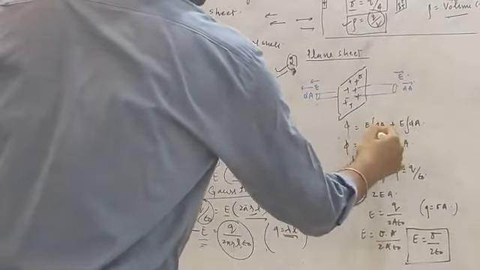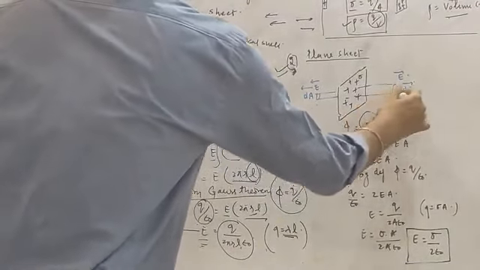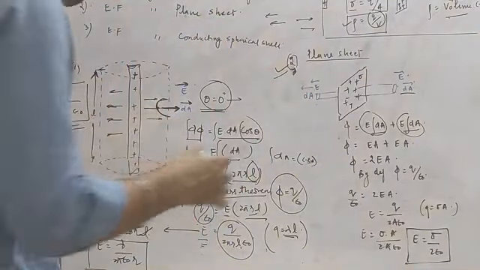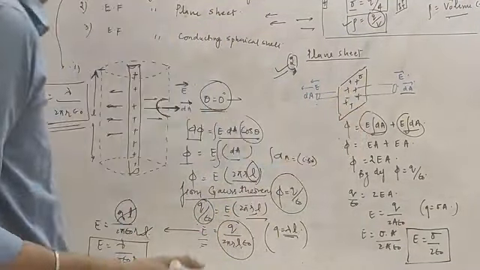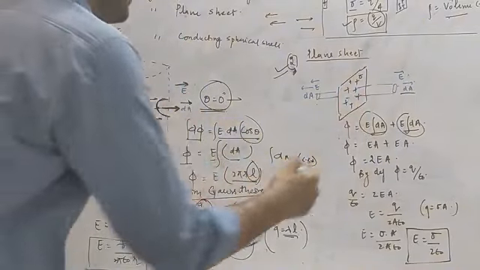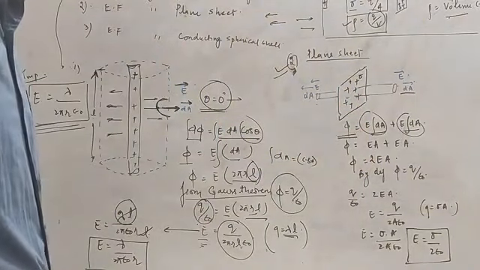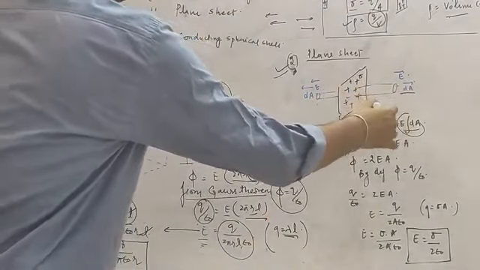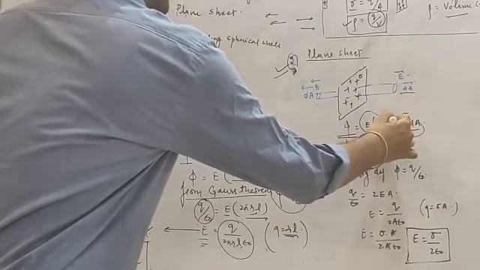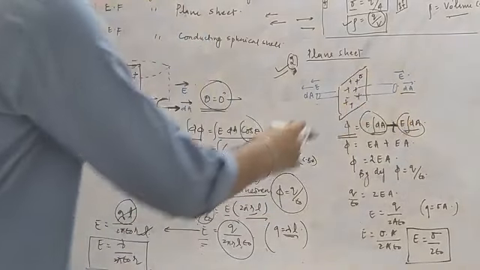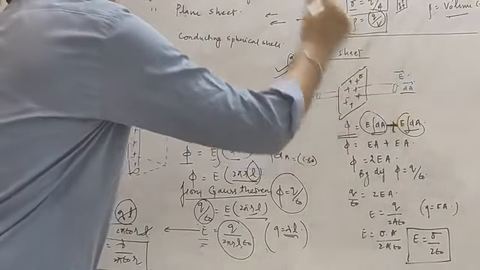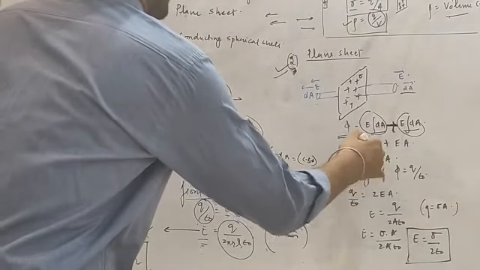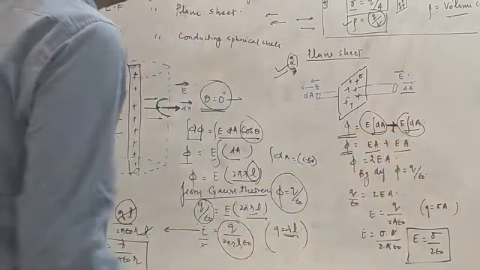So net flux is equal to EdA plus EdA, EdA for this direction and EdA for this direction. Some students may get confused because they are in opposite directions, so why plus here? Because we are calculating the total flux, so we need to calculate both directions. We will never subtract here, because the electric field is coming from here and from here, so for the total we will add. So total electric flux equals EA plus EA.